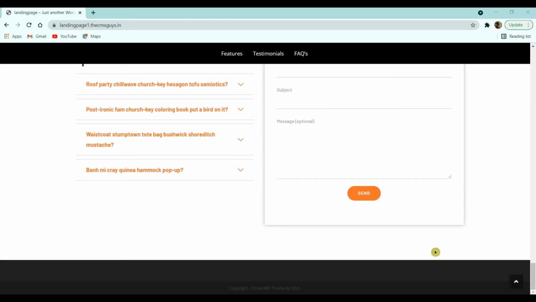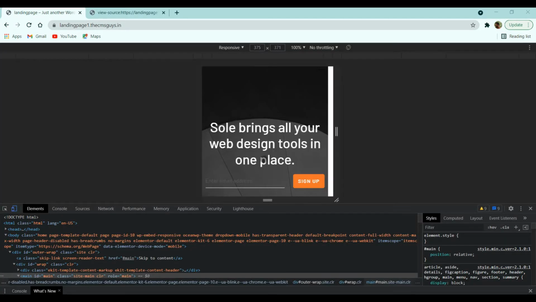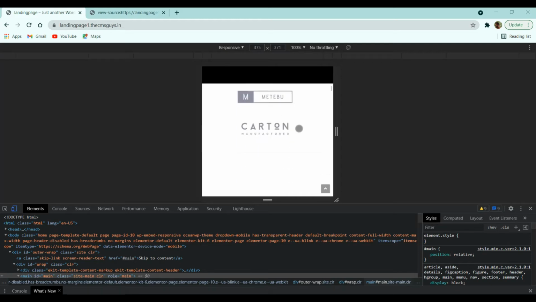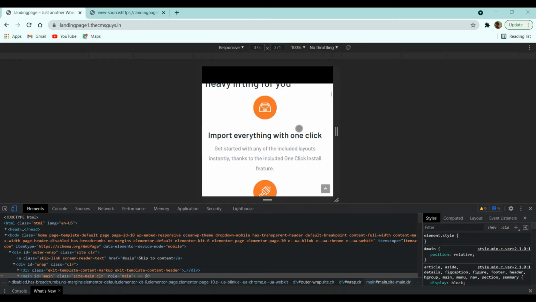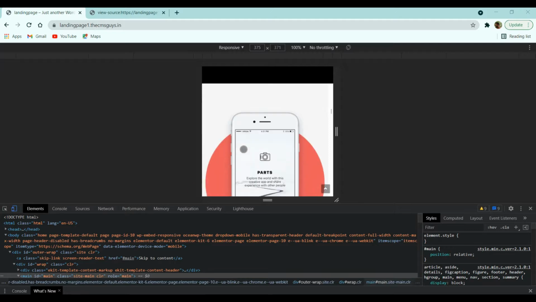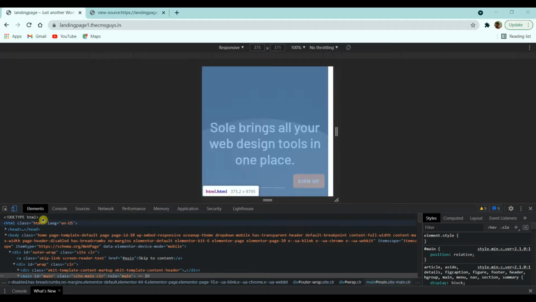As I told you, the landing page is mobile responsive. So let me show you the mobile view. So now you can see that our website is completely optimized for mobile view and our landing page is mobile friendly. These are the main components of our website. There are some more details we will look into while developing the website.